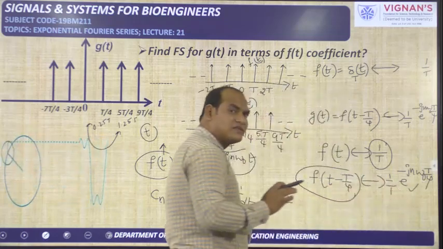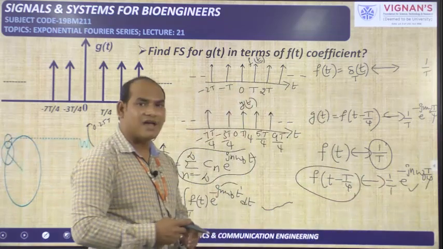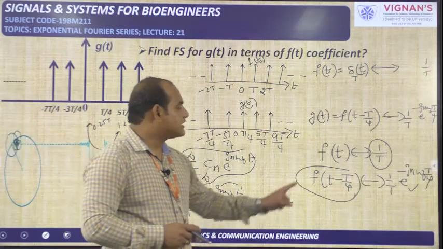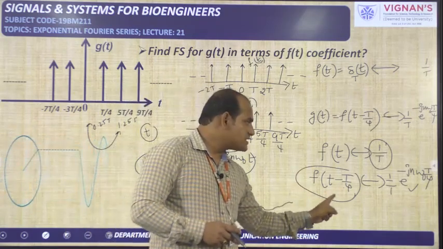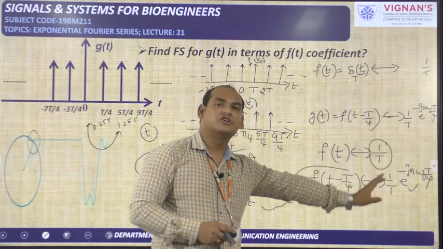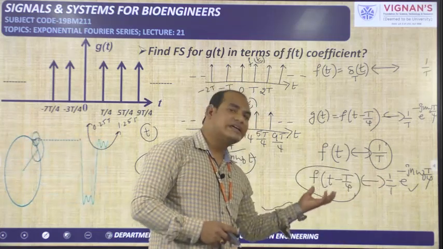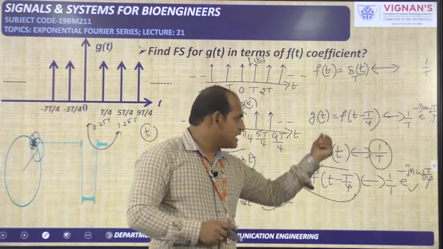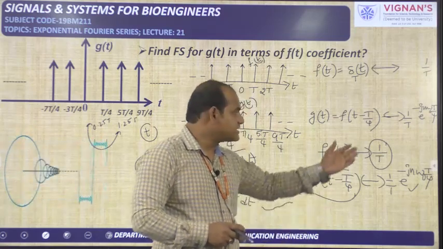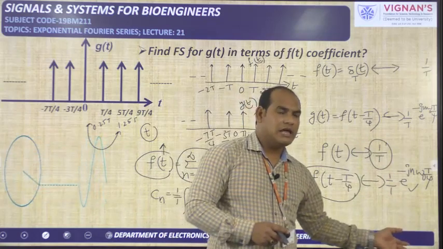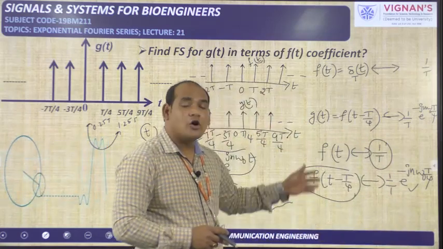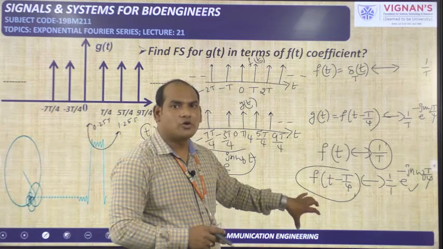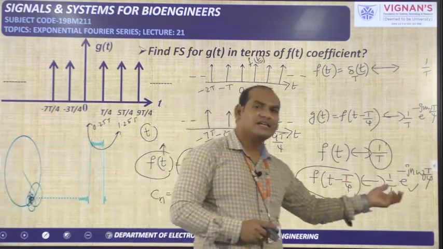So now I am giving the statement. This statement will be valid for the Laplace transform and the Fourier transform also. The statement is: shifting in the time domain produces an exponential term in the frequency domain. In which domain? Here two domains are there. The left side one is the time domain and the right side one is the frequency domain. In the time domain we have performed the shifting. Because of this shifting, what change are we getting in the frequency domain?